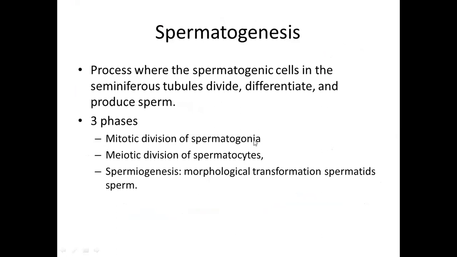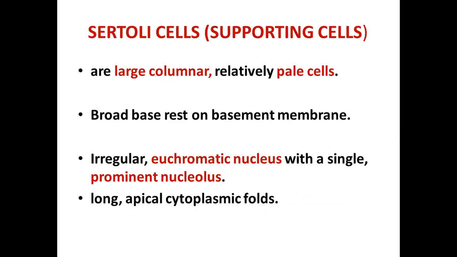First is mitotic division of spermatogonia. Second is the meiotic division of spermatocytes, and this last one is spermiogenesis, which is the morphological transformation. So I have just given you the clue about the spermatogenesis phases. Now moving toward the sustentacular cells, Sertoli cells, which we have seen a little earlier